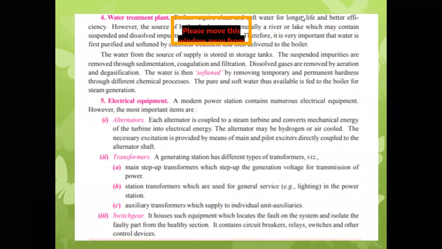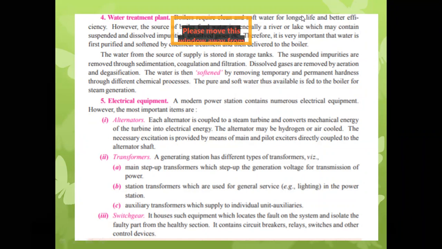Generally, in the case of the steam power station, a step up transformer is used. At the generating station we produce electrical energy at 11 kV, as per our Indian standard, and that 11 kV should be stepped up in order to transmit the electrical power over a long distance, hundreds of kilometers. So that voltage level should be increased or raised up to a desired level.